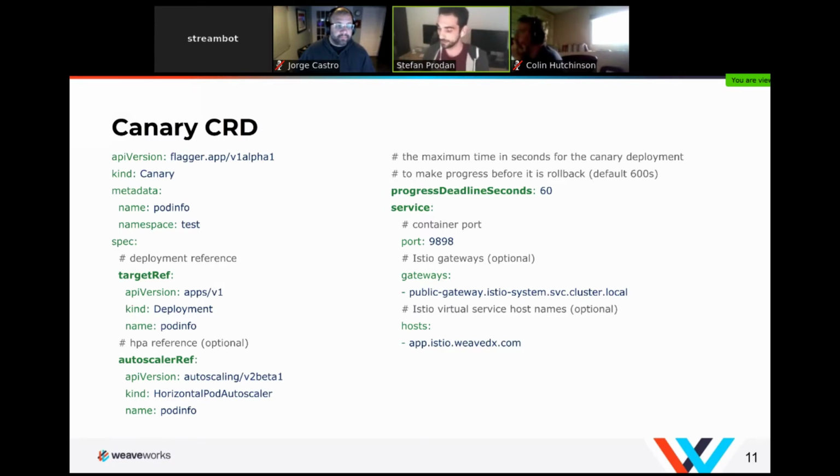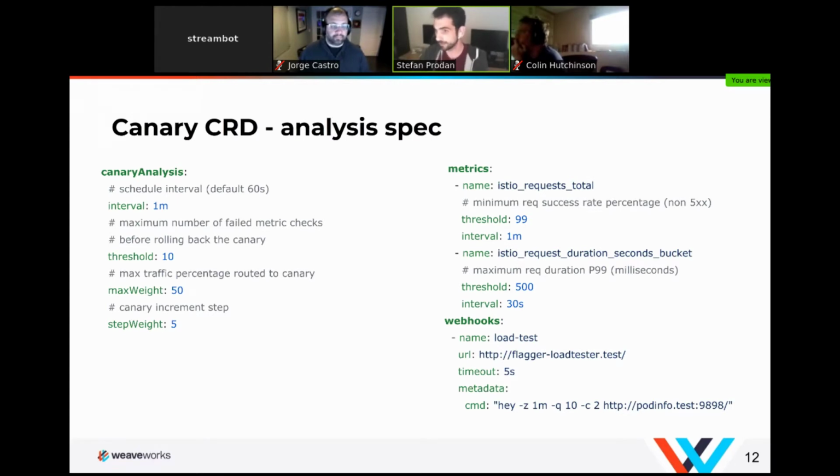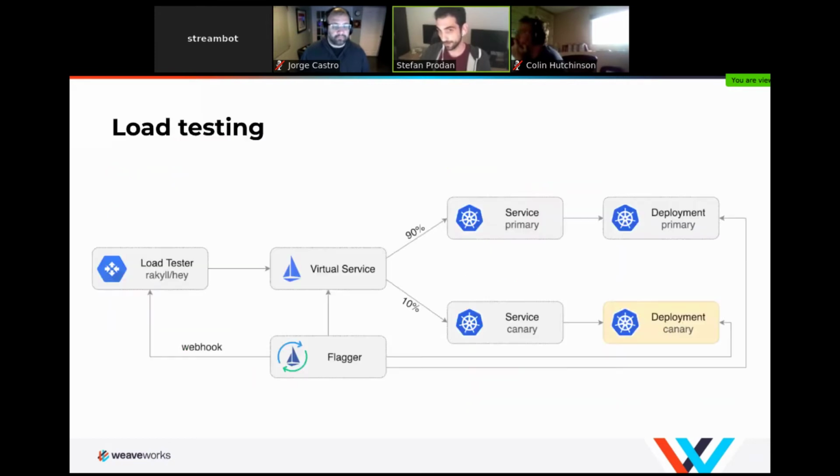Why did I do that? Because let's say now you have a deployment running in your production and you want to apply a canary to it. All you need to do is deploy this custom resource, reference your deployment, and let's say your horizontal pod autoscaler, and Flagger will take care of that deployment from that moment on. So you don't have to change what's running inside your cluster. You just add things up. And there are a lot of things you can set here. For example, the metrics, the thresholds, webhooks, and other things.